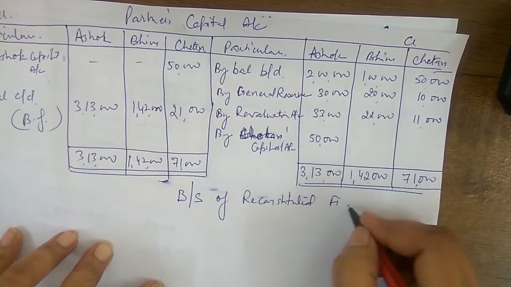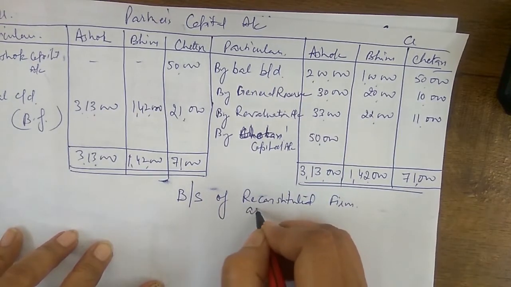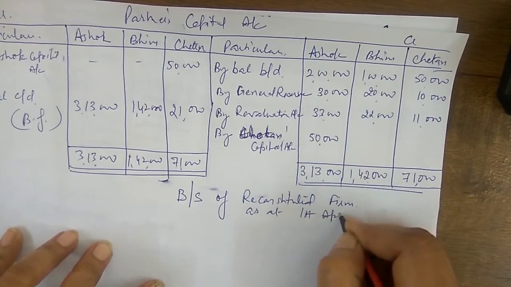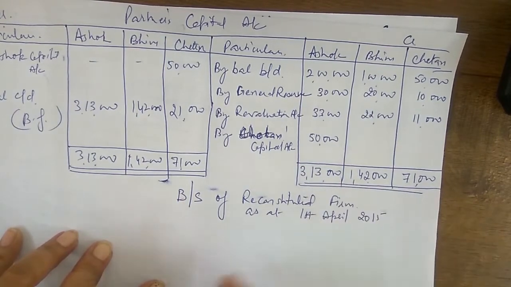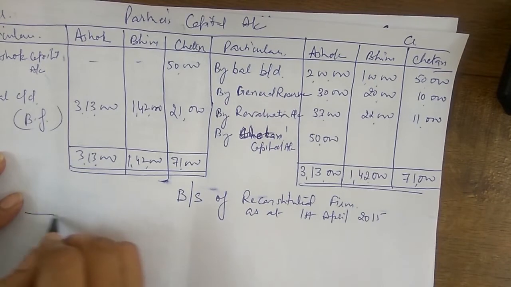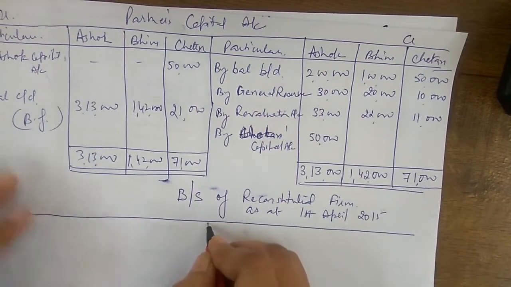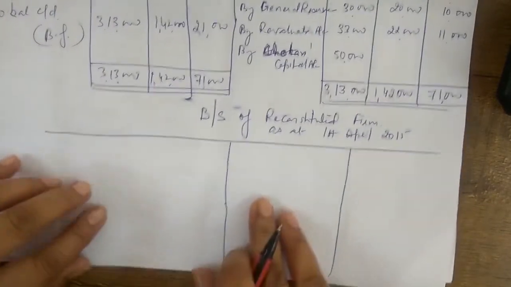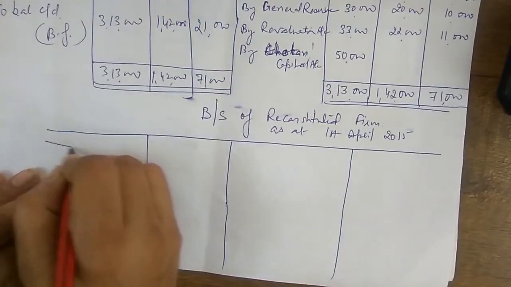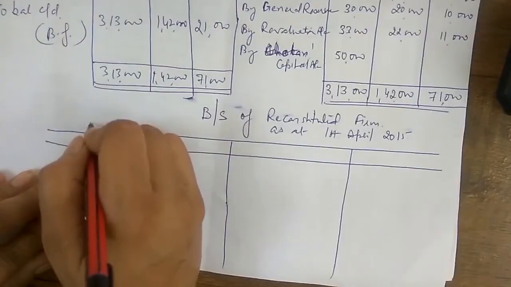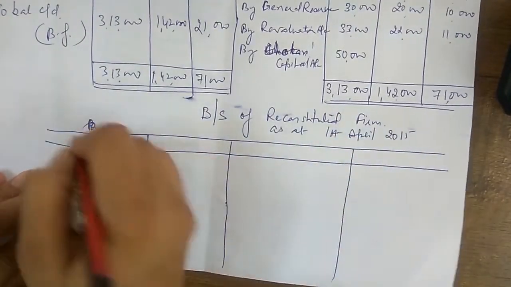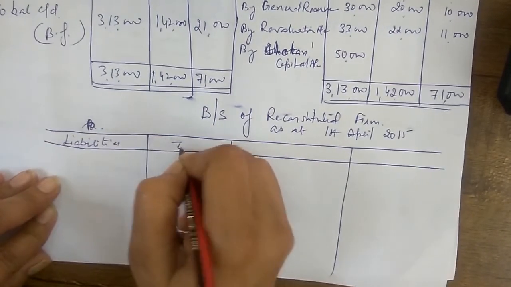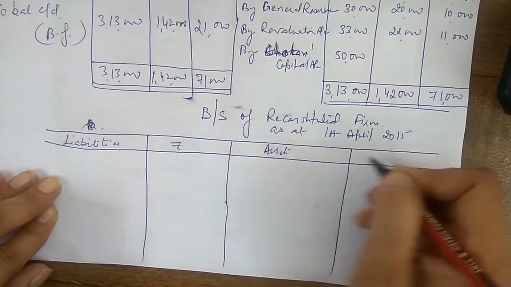इसको revised balance sheet भी बोलते हैं बच्चे। As at 1st April 2015. Clear है बच्चे? Now we have to prepare balance sheet. जब भी आप बैलेंस शीट बनाएं बच्चे, वी नीड टू सी द फॉर्मेट विच इज ऑलरेडी गिवन। आपके पास बैलेंस शीट क्वेश्चन में है, वही सीक्वेंस हम मेंटेन करेंगे और जो चेंजेस हैं वो चेंजेस हम शो कर देंगे, ठीक है।